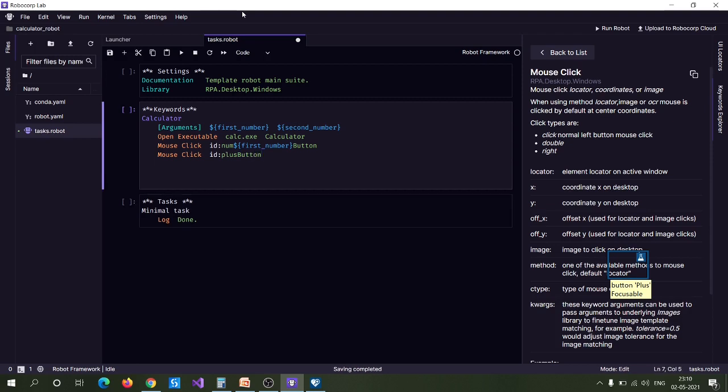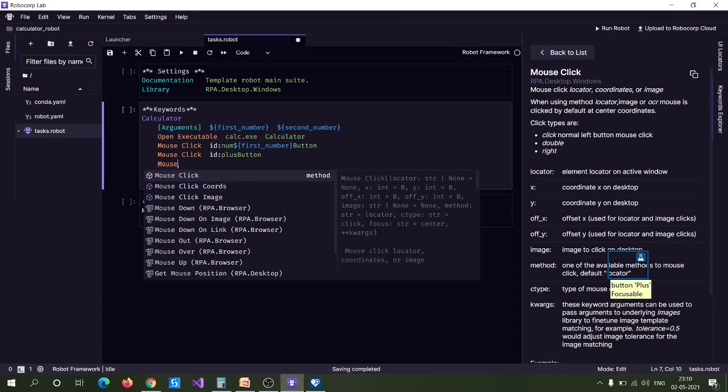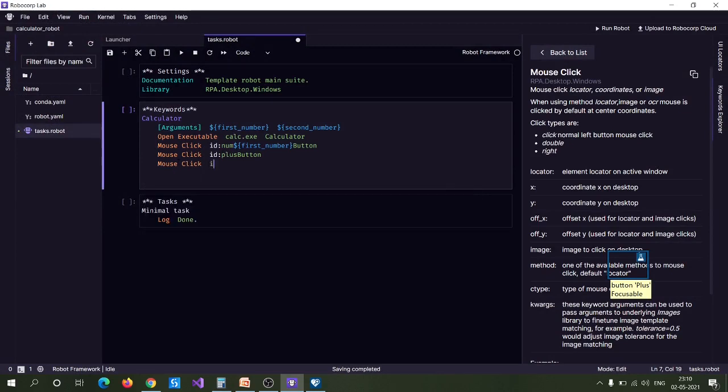Next, we have to click the second number which we need to add with the first number. For that also we can use the mouse click, then specify the id, and in this case the id should be the same as the id for the first number, but the change is that instead of first number we use second number.